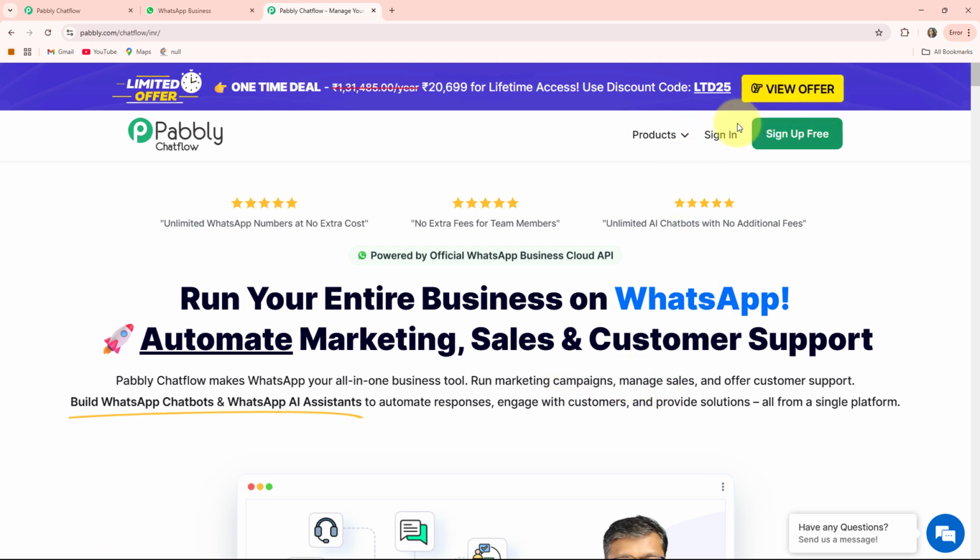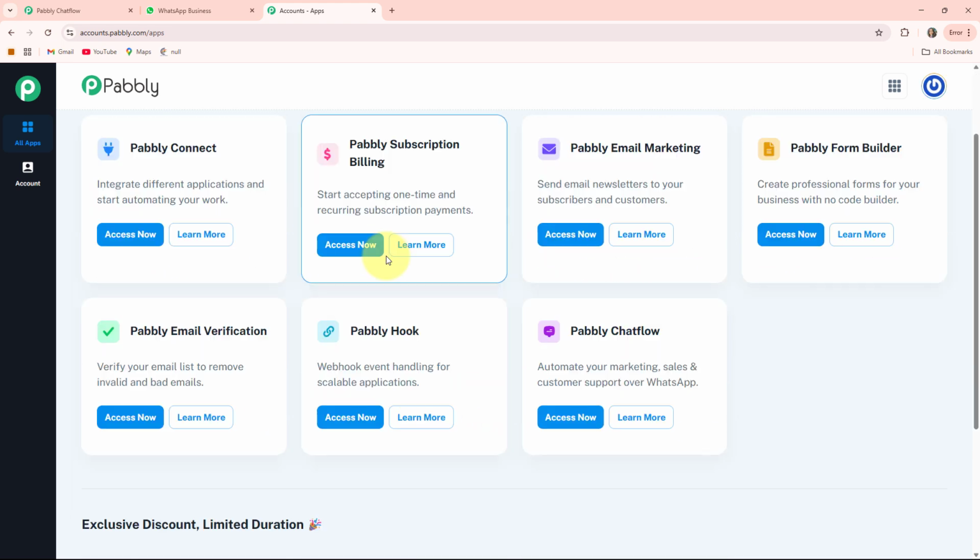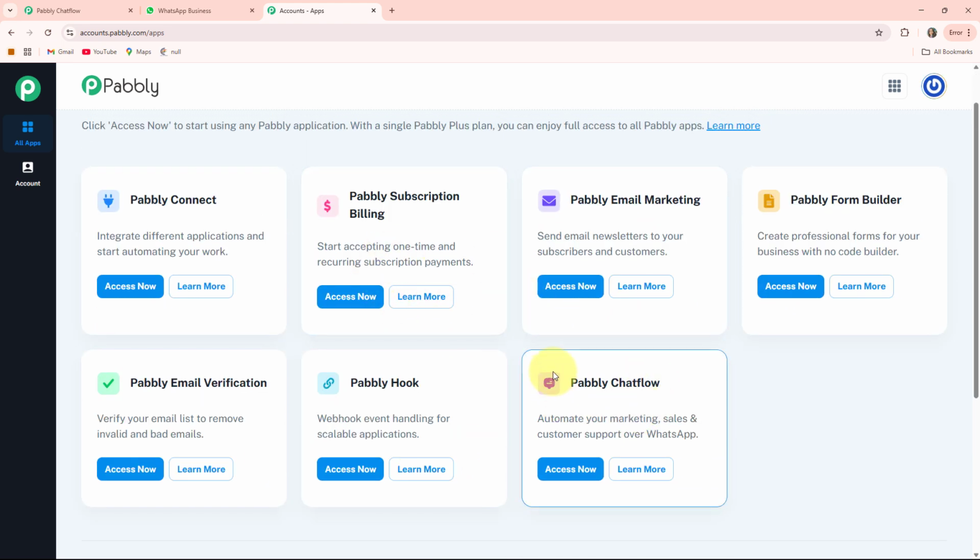Here on the right hand side you can see 2 options. One is sign in and the other is sign up. If you are a new user, then you can click on the sign up option. If you are an existing user, then you can click on the sign in option. As I am an existing user, I am clicking on this sign in option. Here you can see all the apps that Pabbly provides to its users. As we are creating a WhatsApp chatbot, we will go to this Pabbly Chatflow box by clicking on this